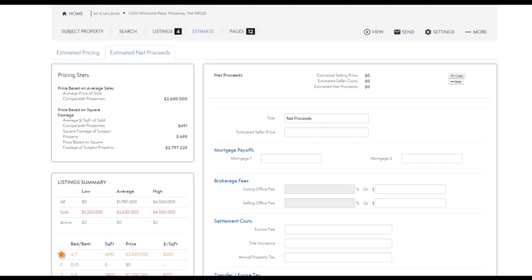Both the pricing stats and listing summary information will continue to display. The net proceeds form lets you include all the costs that go into selling a property. This is important information for your sellers to see what their bottom line will be, and an important opportunity for first-time sellers to understand the costs involved in selling a property. Add in your estimated seller price,